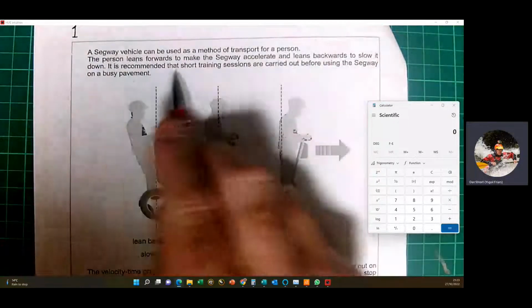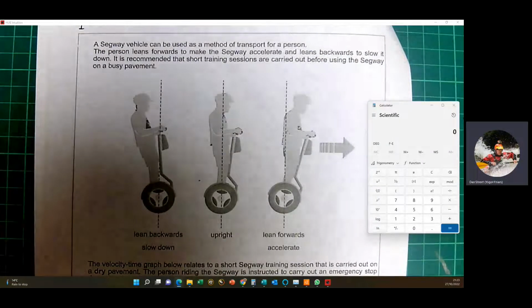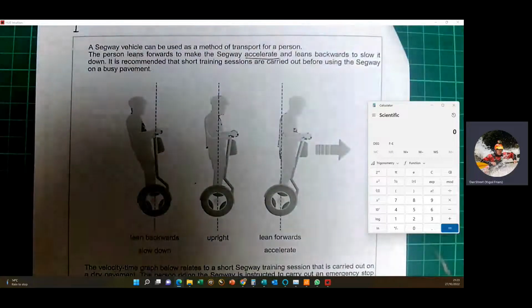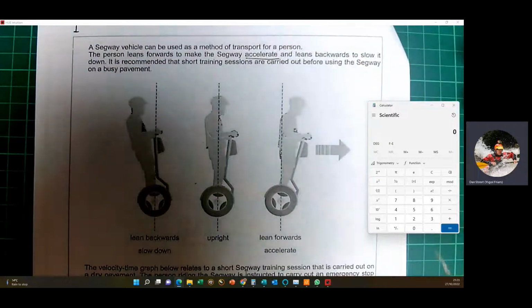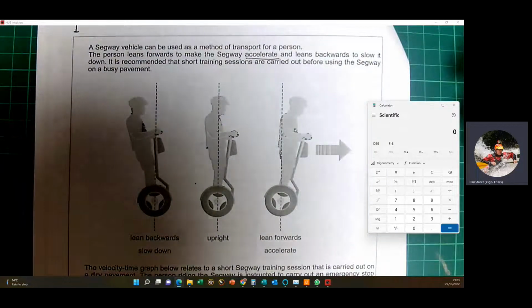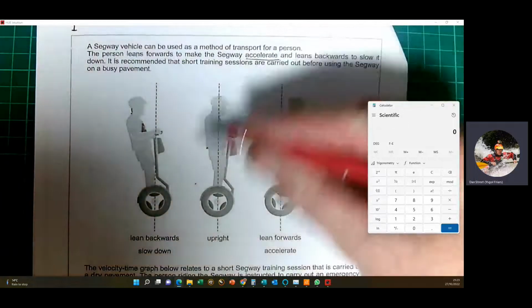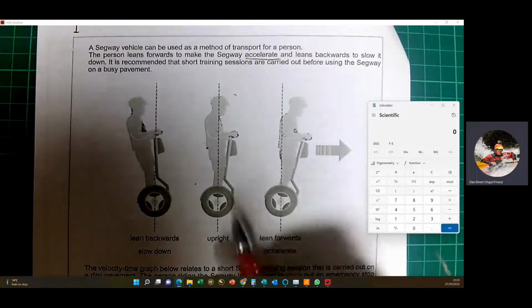introduces a Segway vehicle that can be used as a method of transport for a person. The person leans forward to make the Segway accelerate and leans backwards to slow it down. Okay, so which is deceleration. It is recommended that short training sessions are carried out before using the Segway on a busy pavement. We've also got a picture here where the Segway is upright, so we can assume that it's travelling at constant